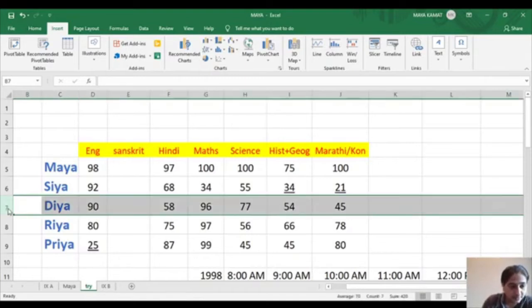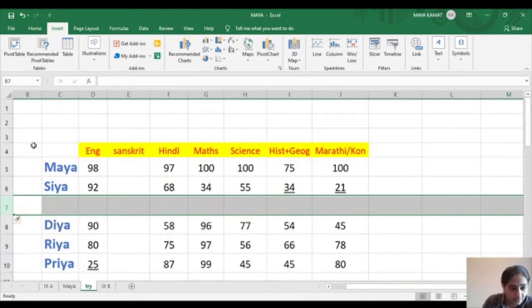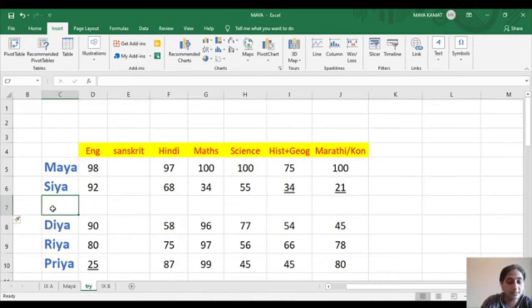Give a right click there. Insert. Row header number 7 you could see, right? Yes. Come to the row header, give a right click and click on insert. Similar to how you did for the column, you will do for the row now. And just insert the new entry now.